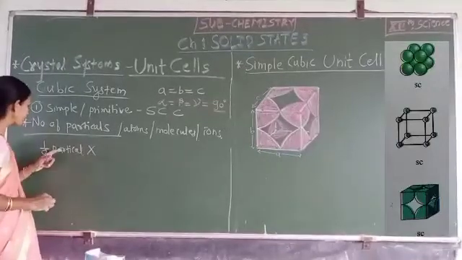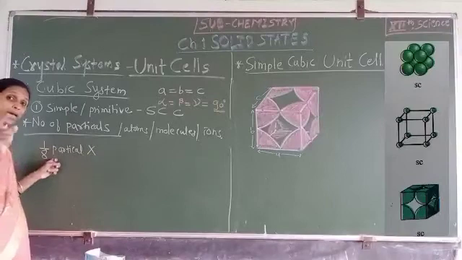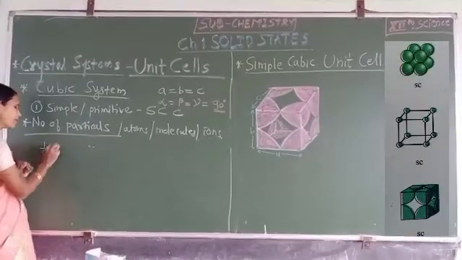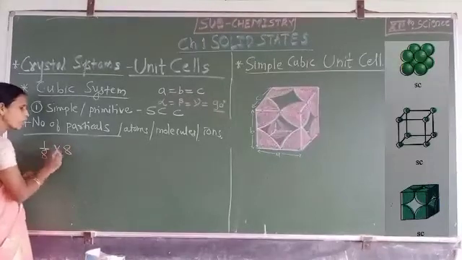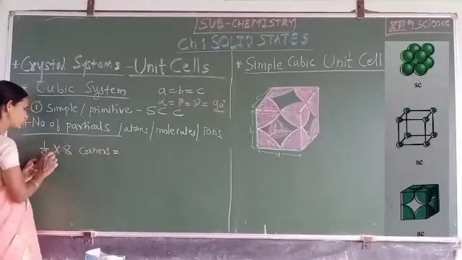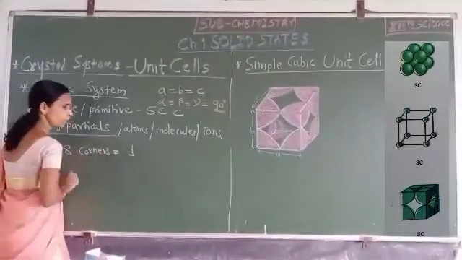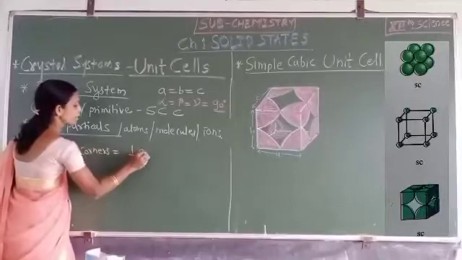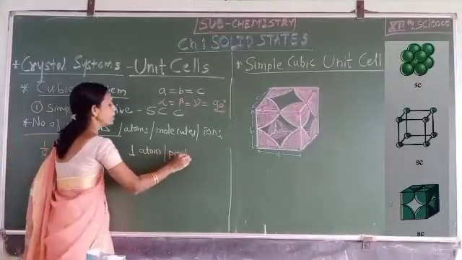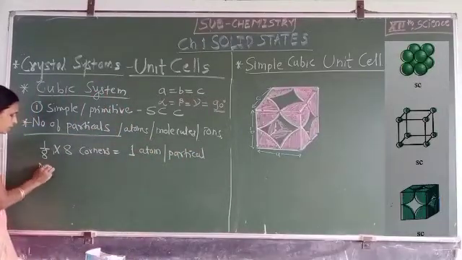Therefore at one corner 1/8 part of that particle is there, and that 1/8 into 8 corners is equal to, see here, 1/8 into 8, that is 1. That means there is a total of 1 atom or particle present in